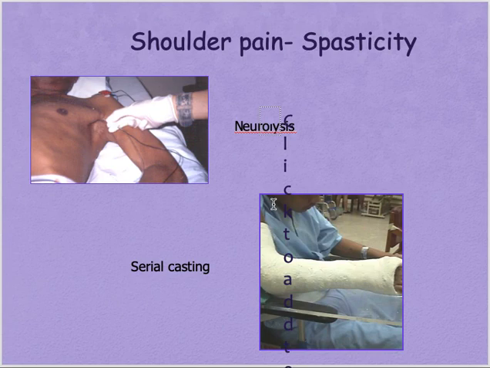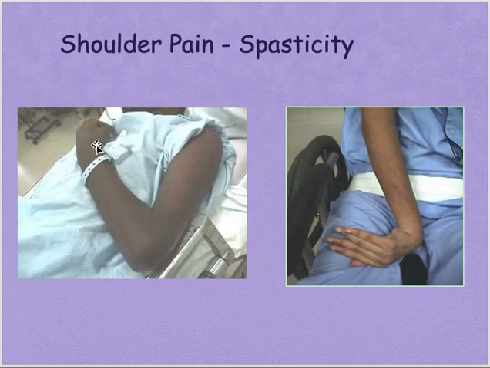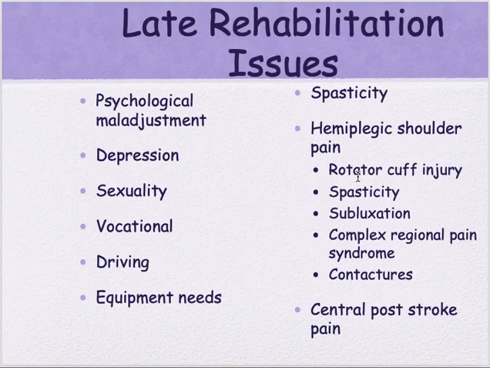Okay, many of the patients have shoulder pain because of bicep tendinitis. And many of the patients, as you have seen over here, have shoulder pain. It can be due to rotator cuff tear. I think before there was a slide in which all the things are written. This one, rotator cuff injury. Okay, spasticity, subluxation, complex regional pain syndrome, or contractures, right? So of course, all these things you have gone through before.